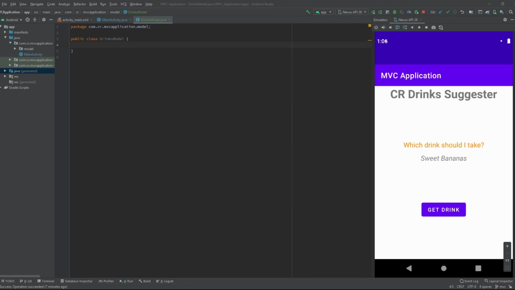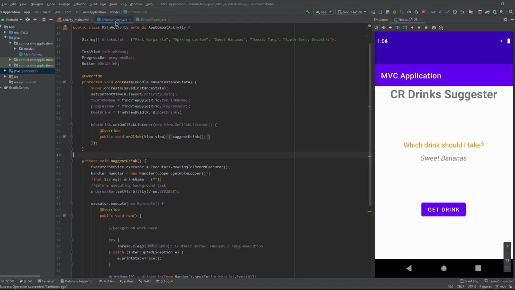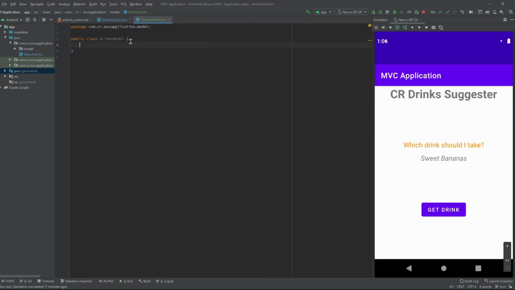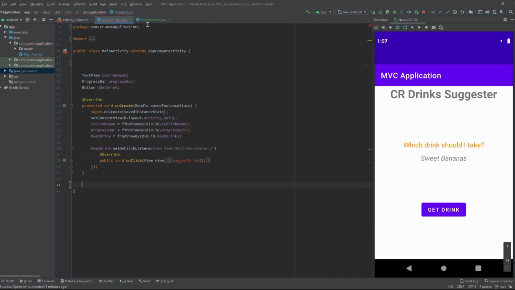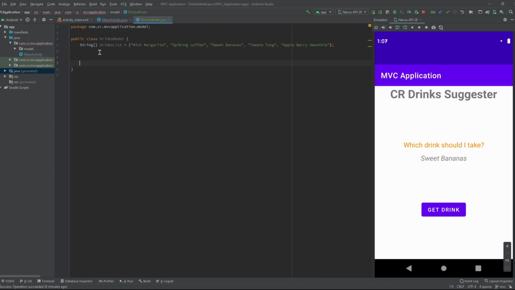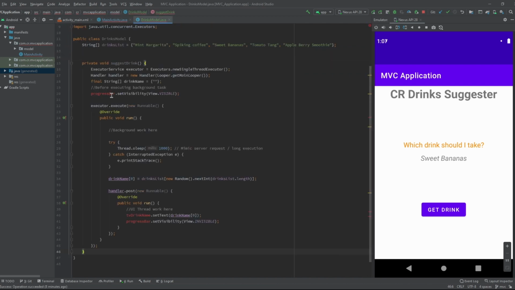So in the DrinksModel class, we need to shift our business logic from the main activity. This is our business logic, which is a list of predefined drinks. Now we will copy the main function of our business logic, which suggests the drink to the user.